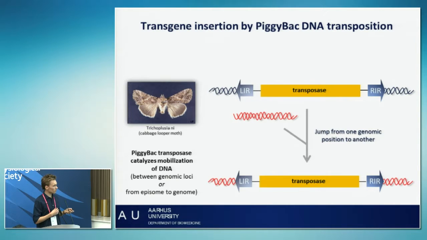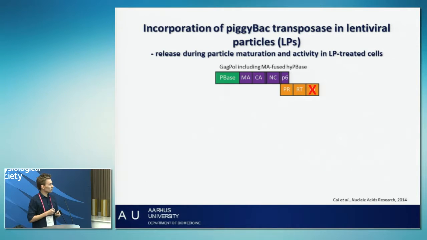And when this transposase is expressed, it will recognize the inverted repeats, cut the whole cassette out, and integrate it into another place in the genome. And it can do so either between genomic loci or from episome to genome. So first of all, we took the piggyBac transposase and fused it to the N-terminus of the GAG and GAG-POL